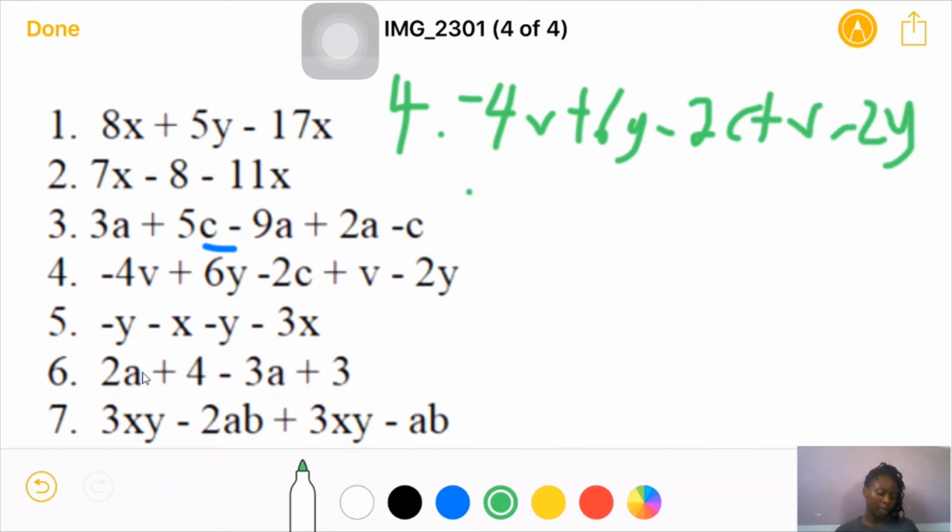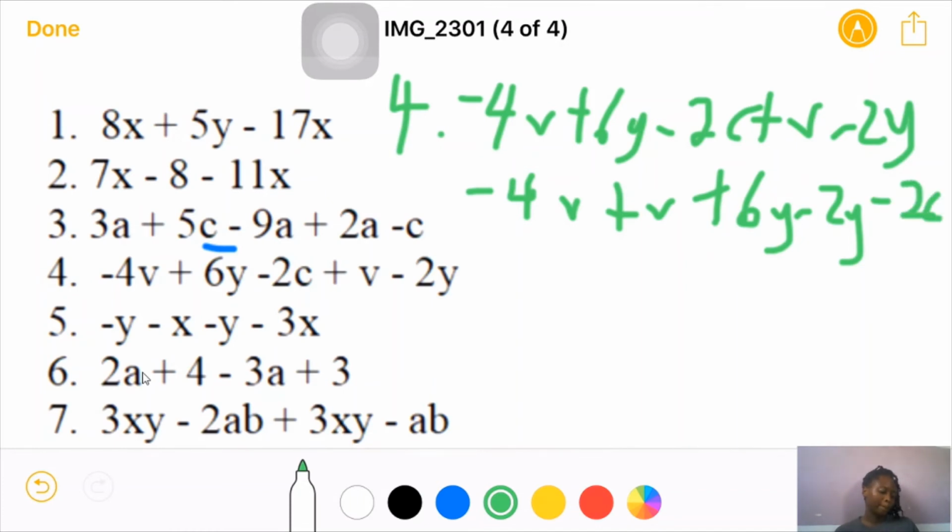So grouping like terms, all the v's to one side, so v plus v, all the y's to one side, plus 6y minus 2y, and all the non-v, y to one side, that is just